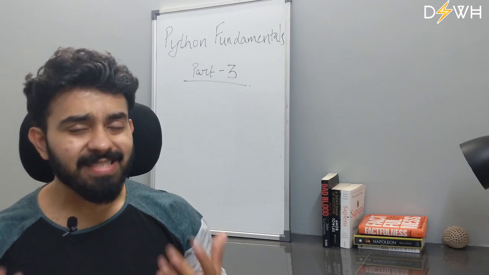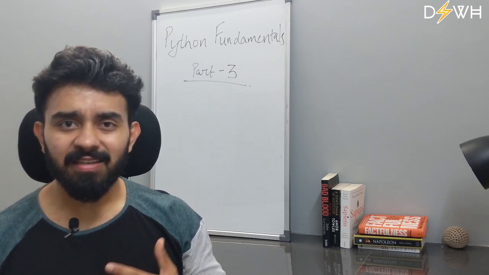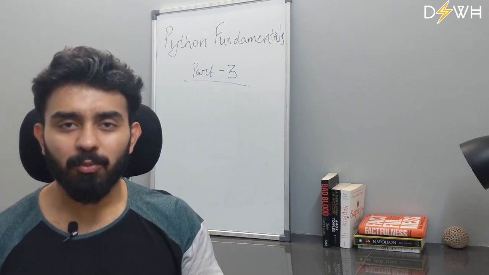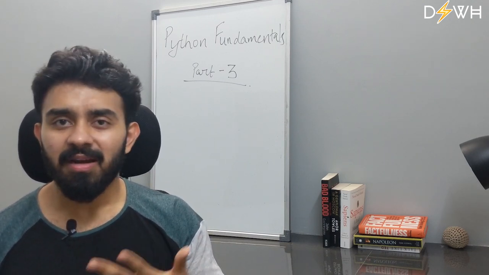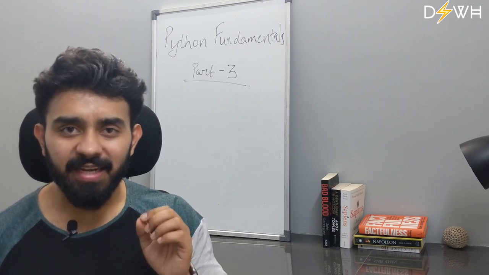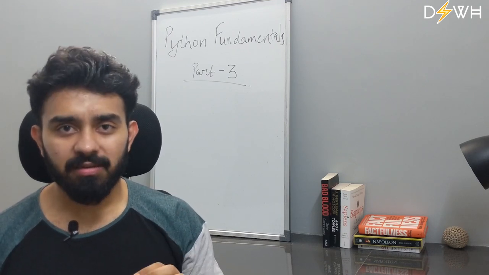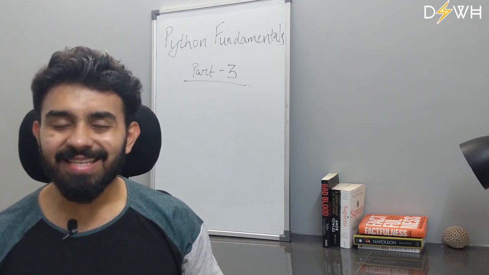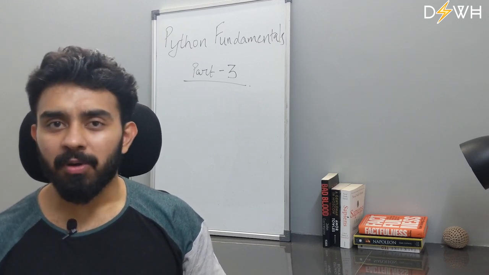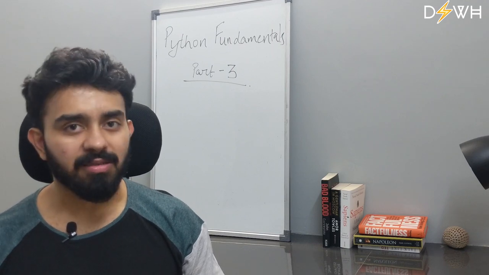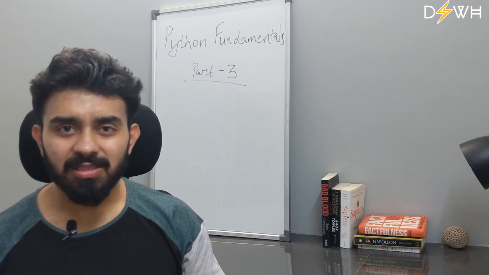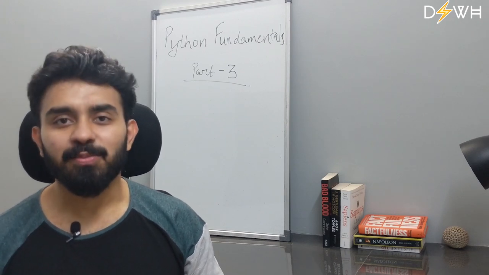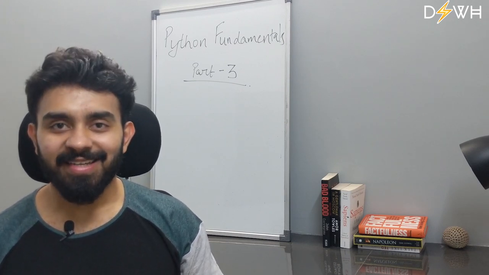So what is an object? We've seen so many data types. You've seen integers, floating point numbers, strings, lists, dictionaries. Each data type is an object. Now, what is an object? An object is an instance of a particular type, of a particular class. So what is a class? What is an object? We're going to see what that is in this particular video. So let's dive right in.